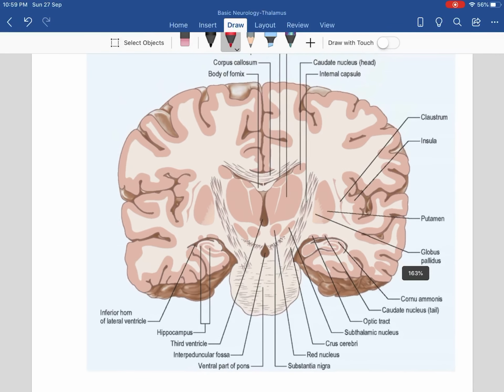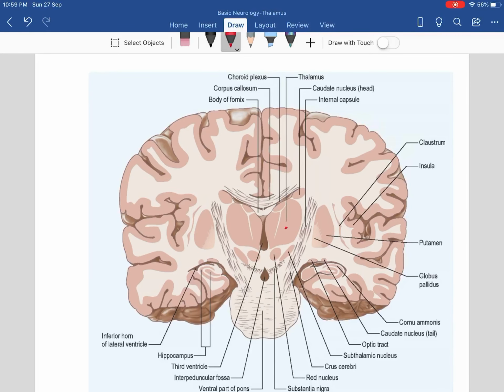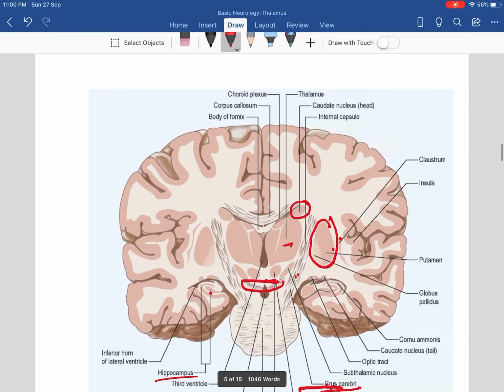Now from the figure it is already clear. So this is a very clear figure showing the relation of the thalamus again, that's why I have included it. We know this is thalamus. Okay, then now you label: this is caudate nucleus, again this is putamen and globus pallidus. Okay, which are these fibers? Crus cerebri fibers of the midbrain. Okay, and then this is substantia nigra, as you can see, shown below the thalamus. Okay, it is below the thalamus. Red nucleus, the dentatorubrothalamic pathway goes from it, so red nucleus is also related to the thalamus. Then hippocampus we know. So everything is shown very clearly.